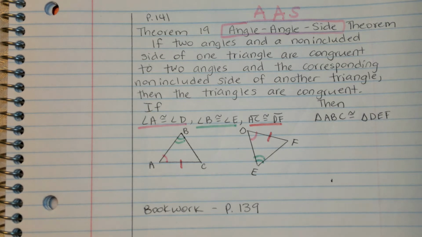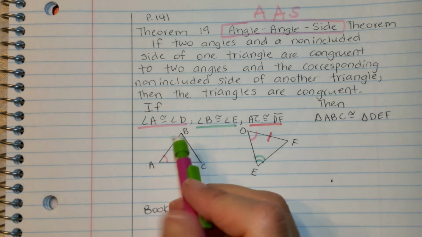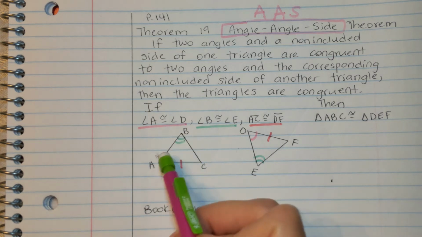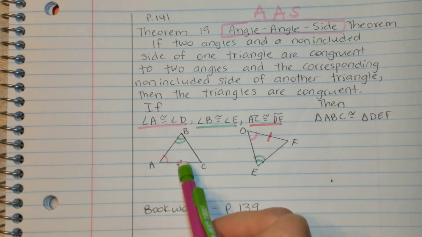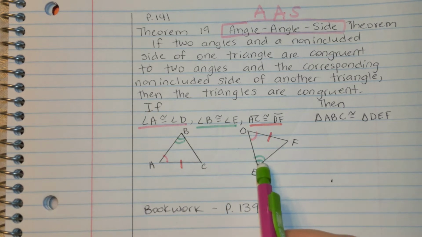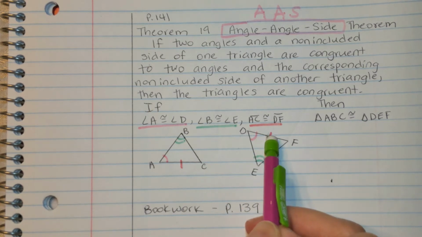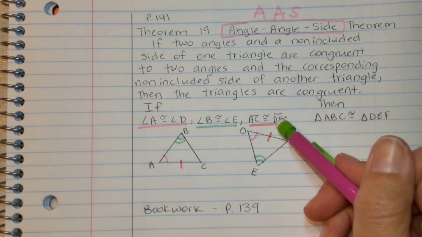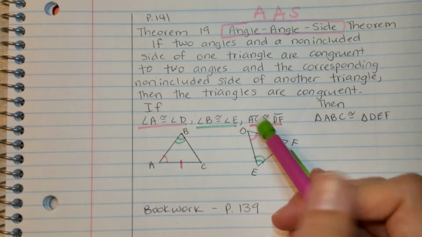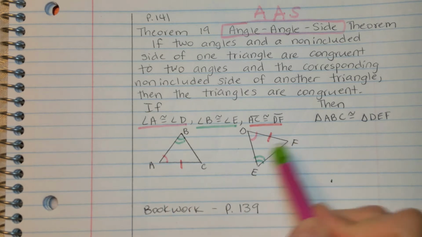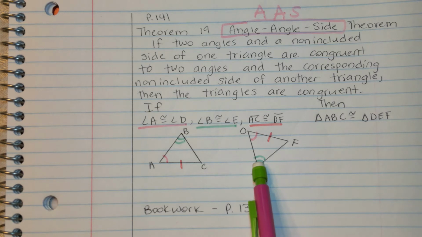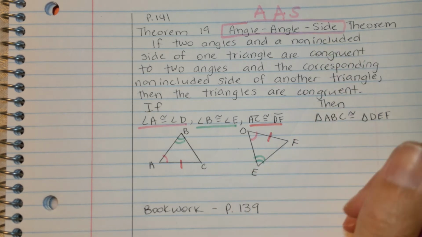And then you can just check it. You can start from angle B, angle, angle, side, and then corresponding with E, angle, angle, side. So you want to try to visualize if you could flip that one over, like flip it back up, where E would match up with B, and then D would be where A is, and F would be where C is. Then you can tell that the two triangles are the same shape, but you'd have to do a reflection